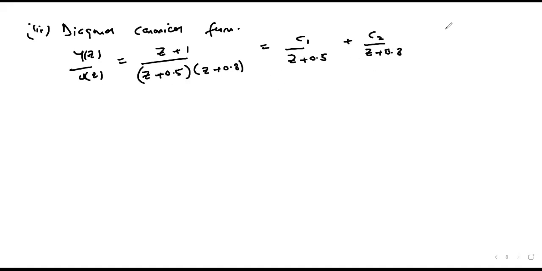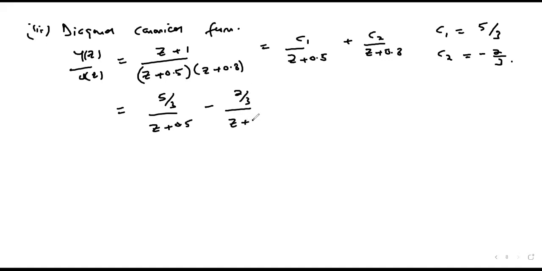From this, we calculate the values of C1 and C2, and we obtain C1 as 5 over 3, and C2 as negative 2 over 3. Therefore, we can write our pulse transfer function as 5 over 3 over (z plus 0.5) minus 2 over 3 over (z plus 0.8). The state equation will be obtained as x1 of k plus 1,